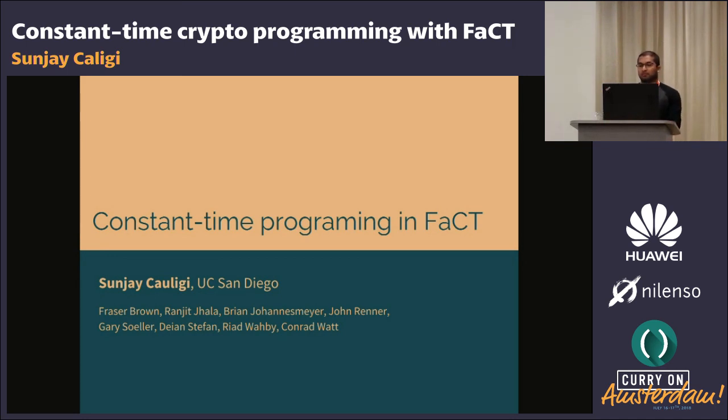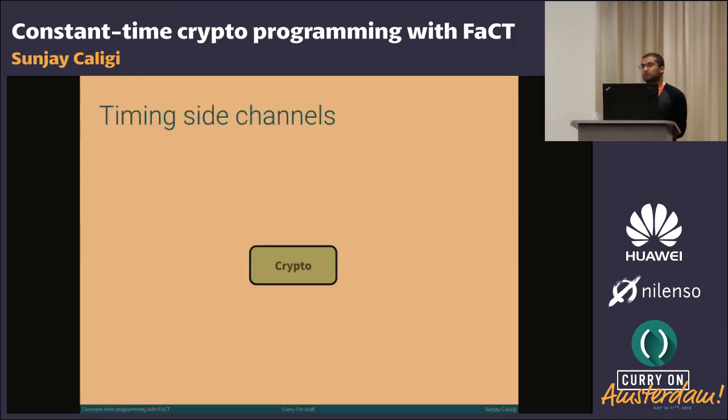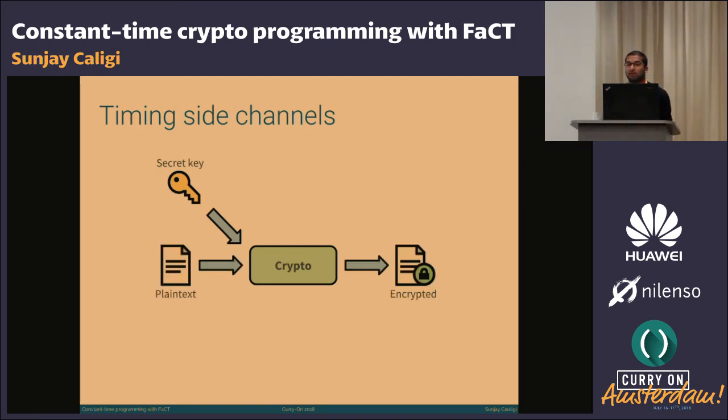So what is constant-time programming? Constant-time programming is meant to help with timing side channels. When you're doing crypto, let's say you have a secret key, you have some plain text, you run it through your crypto libraries, and you get some encrypted text out the other end. And what you want to make sure does not happen is your secret keys or your unencrypted plain text leaks, because that is very bad and kind of defeats the whole point of doing the crypto in the first